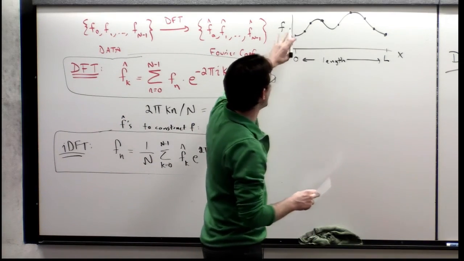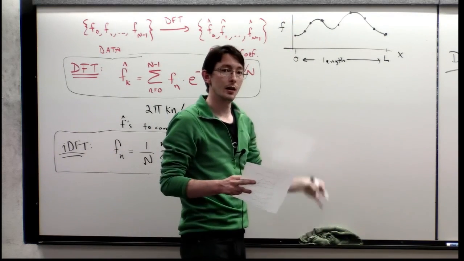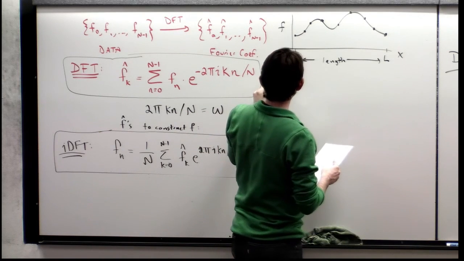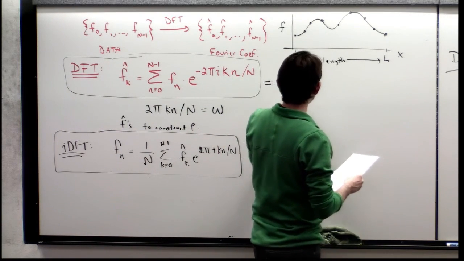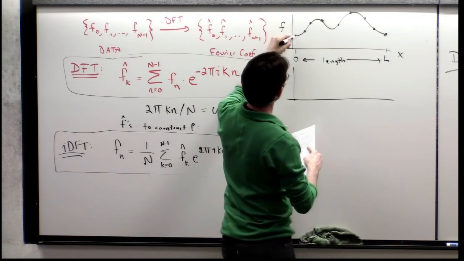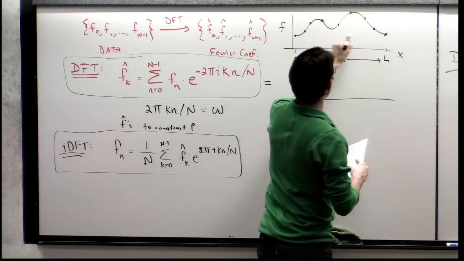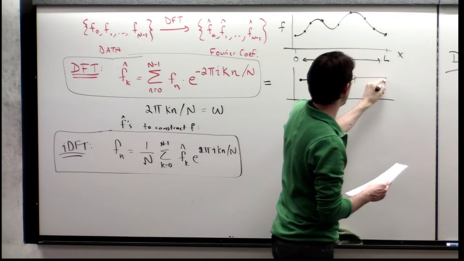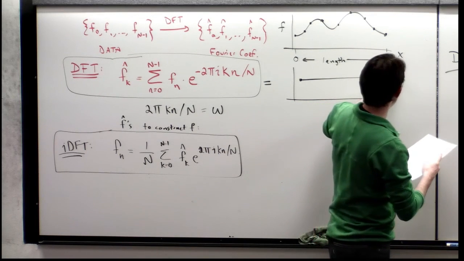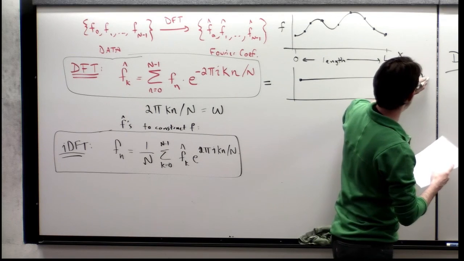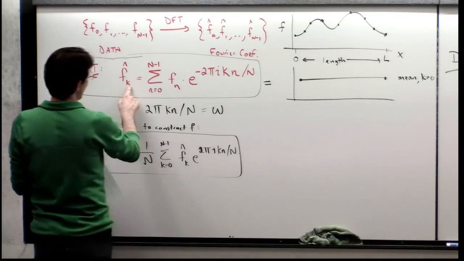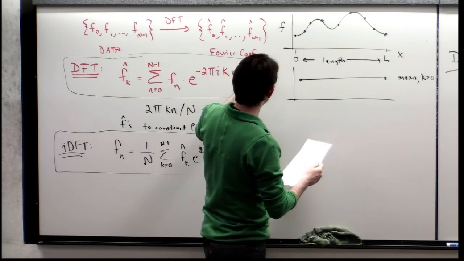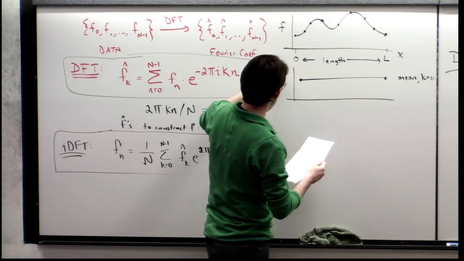So what we're saying is that I can write this function as the sum of a bunch of higher frequency sine waves, okay? So f is equal to some zero frequency sine wave, like whatever the kind of mean of this quantity is. So this is mean, k equals 0. So here, this is the k equals 0 coefficient. Okay, so that's f naught hat times this